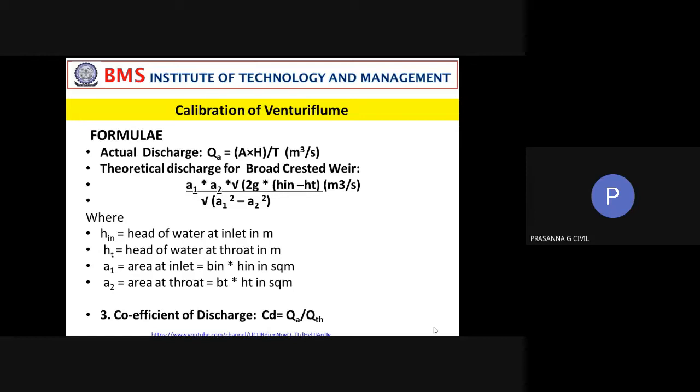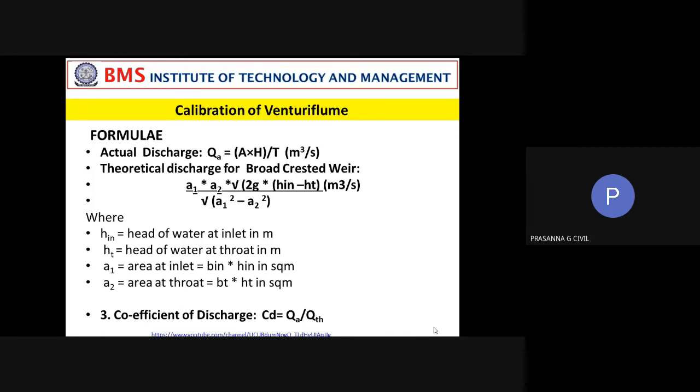The theoretical discharge for the broad-crested weir is given by the expression A1 into A2 into root of 2G (H inlet minus H throat), the whole divided by the square root of A1 square minus A2 square, where H inlet is the head of water at the inlet in meters, HT is the head of water at throat in meters,